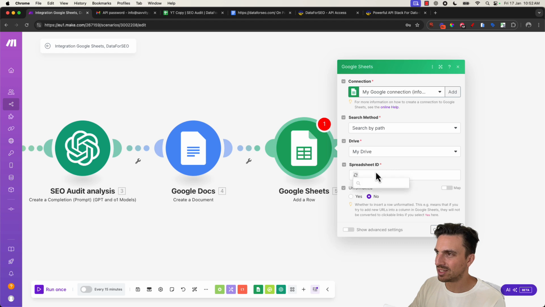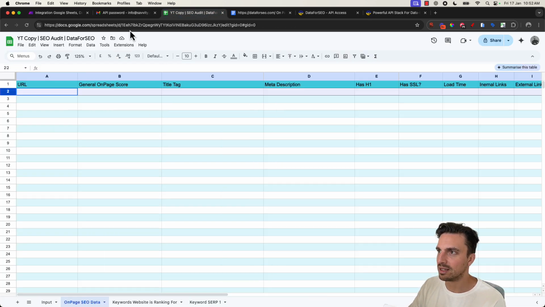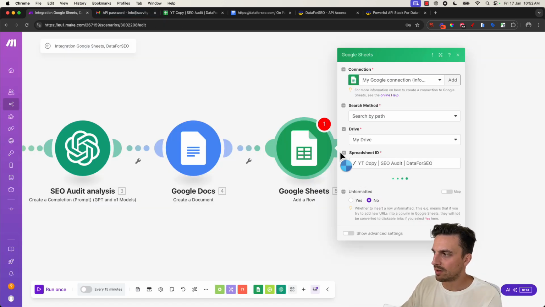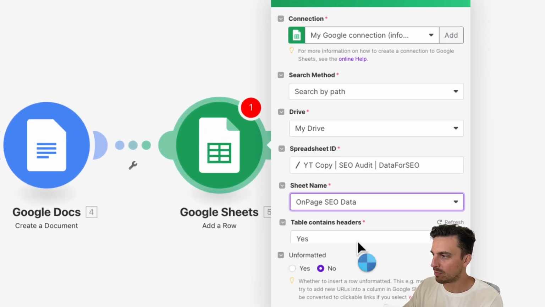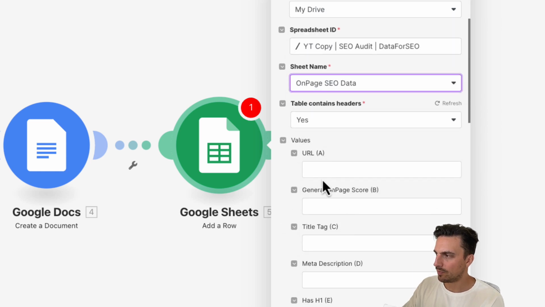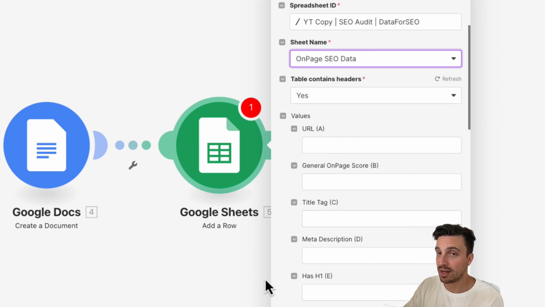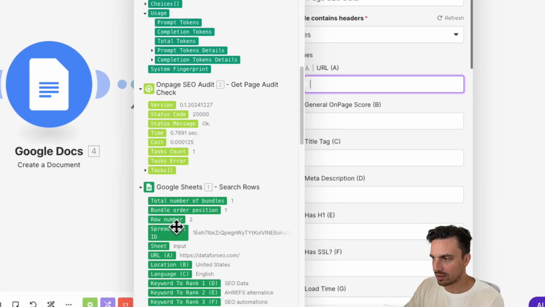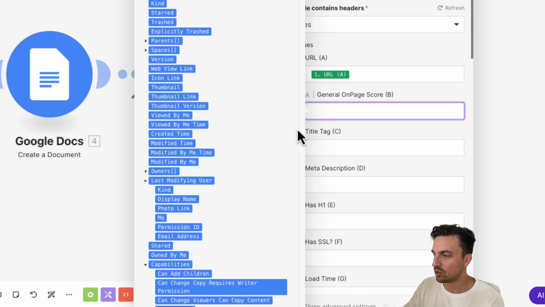I need to find this same sheet that we're working with, but now we're placing the data in here. So I'm going to look for it in here. There it is. And now that I've got the spreadsheet ID selected, I need to select another sheet name, which is the on-page SEO data. Great. Now, I want to place in the values here so this all makes sense. It's selected, understood that we've got headers in all the cells. So the URL that we're grabbing through, we are just copying it from the other sheet within that same Google Sheet. The on-page score